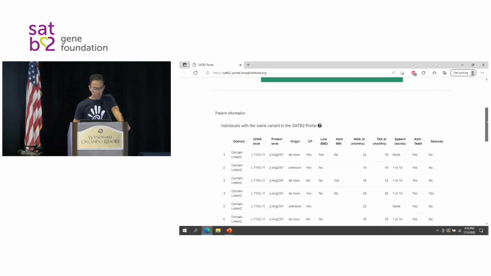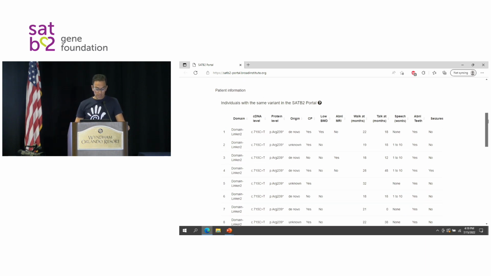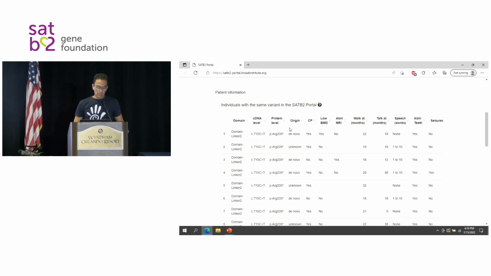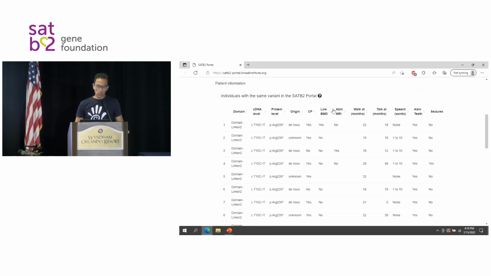And then here at the bottom, it's going to tell you, okay, if you were, not just you, but researchers, clinicians, want to see if this specific change has been reported before, this is how you will do it. So you look at the variant, and it will tell you, this variant, which is a 239, has an asterisk, sometimes an X, sometimes a TER, it's the same. So now you can compare apples to apples with information such as when did they start talking, when did they start walking. This is all de-identified, so you wouldn't be able to tell who's who here. Did they have seizures and whatnot?